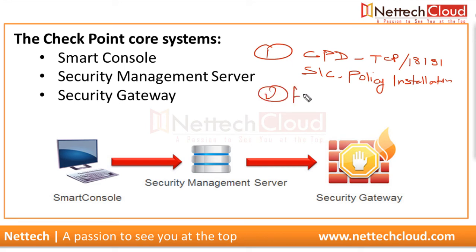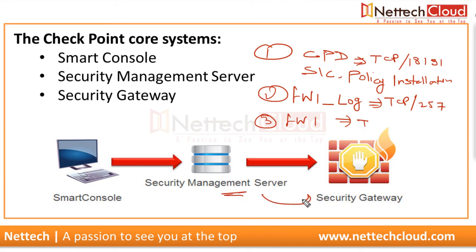Another one is for the logging, right? So Checkpoint security gateway logs, and this one is TCP 257. The third one is Checkpoint security gateway server. It's for the bidirectional communication, in fact, between SMS to the gateway and gateway to SMS, and it's TCP port